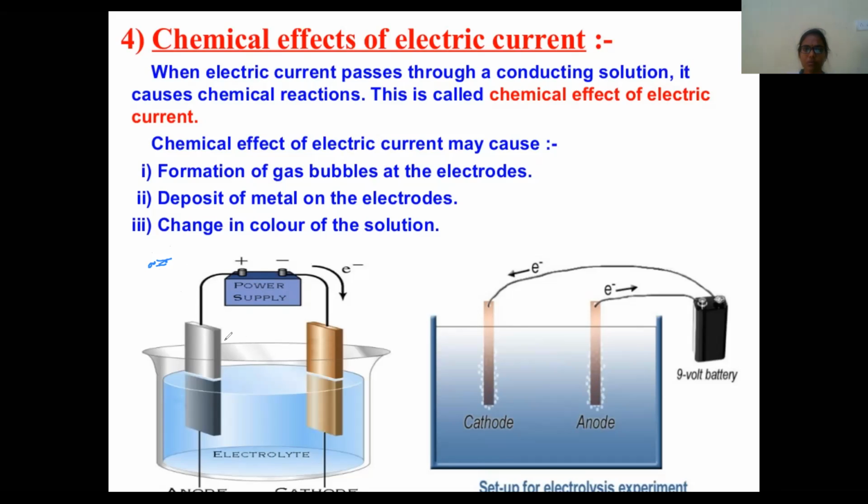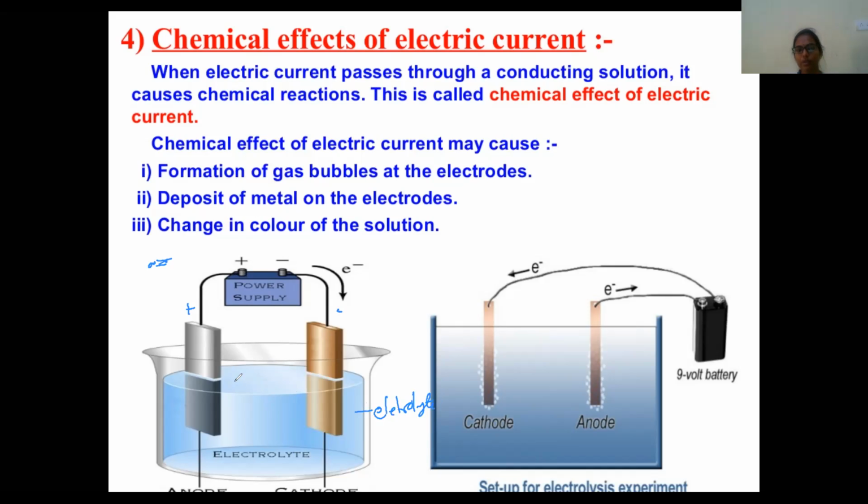So in this process, two plates are taken. The two ends are connected to two plates, a positive and a negative plate, and we dip these two plates inside the liquid. This is what we call the electrolyte. This electrolyte is the solution we use for the electrolysis process. When you connect like this and switch on, the current will pass, right? When the current is passed through the solution, what happens? Dissociation is going to happen. Splitting of ions takes place.